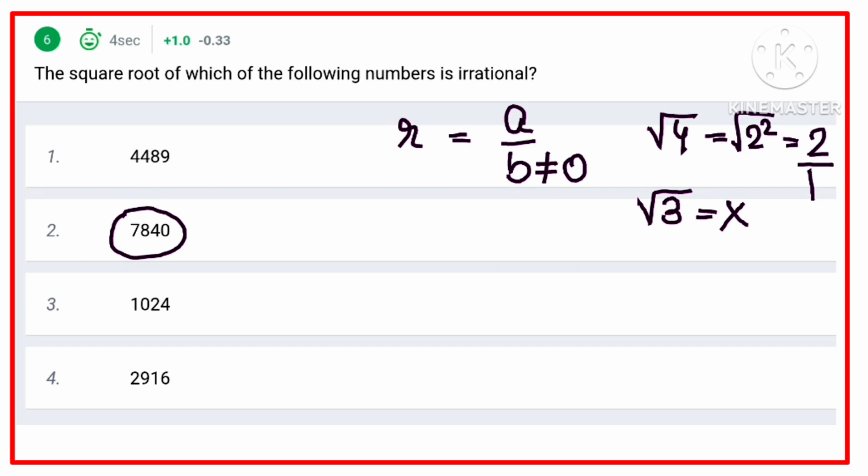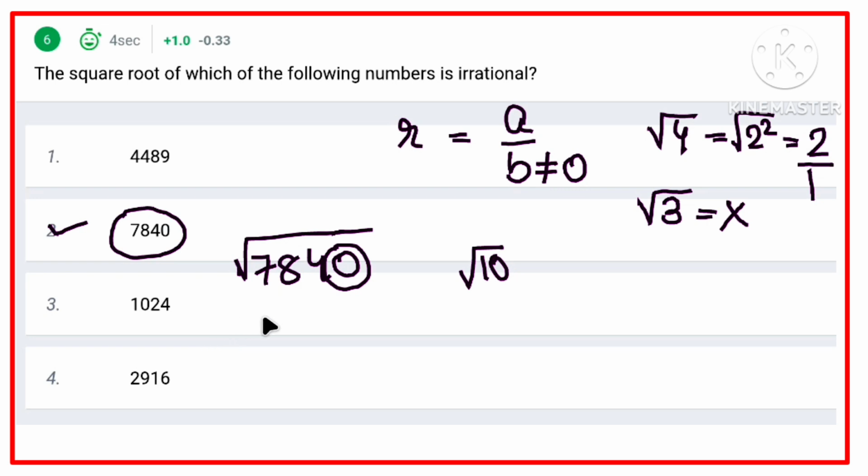Because if you find out square root of this particular number, that is 7840, you have a single 0 at the end. And any number which has a single 0 at the end, whatever you do, you will get this one. For this, you will get at least 110 at the end after doing the square root. So this one you cannot take out outside the root and write in the form of a by b. So directly option number 2 will be your correct answer. This you can mark easily, but few more concepts that will help you to solve this kind of question is,